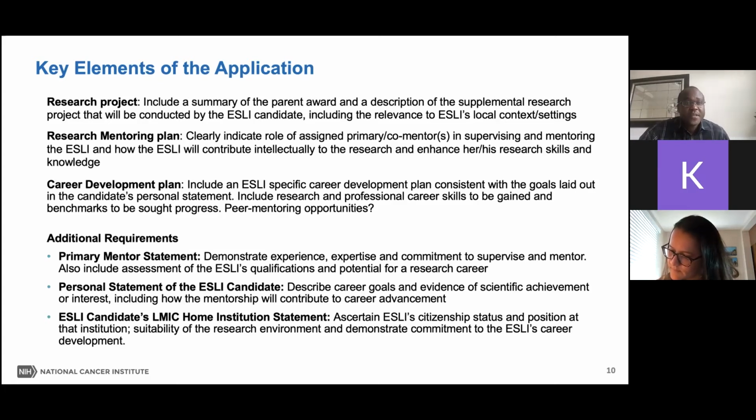Again, I said it wasn't just about mentoring for research. It's great. We want them to be good scientists, and to do so, I think you have to think very carefully about their career development plan. What are the kind of things you've put in that are consistent with the goals that they've laid out themselves as what will advance them in their own career